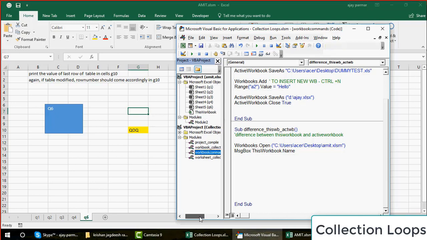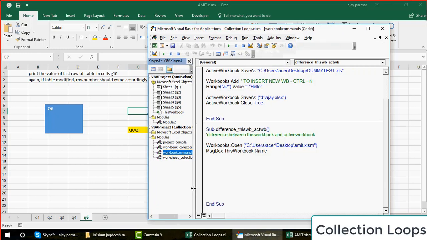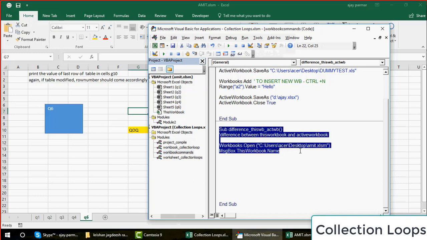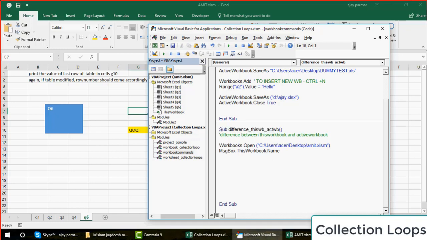No matter whatever workbook you have activated, when you write this workbook, by default it is referred to the macro which is written inside that workbook. Collection loop is that. So this workbook always refers to the workbook from where you're actually handling this entire code.